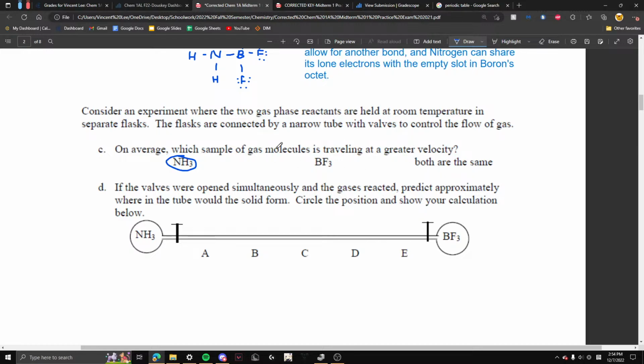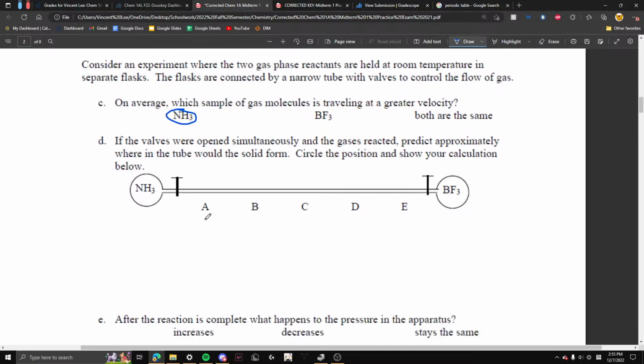So if you were to set those two equal to each other, m is mass and v is velocity. Their individual masses are different, so therefore their velocities also must be different. Nitrogen weighs more than boron, BF3, or weighs less than BF3, sorry. So it would probably have more distributed in a velocity. So this one would probably be going faster. And then you do that calculation here by